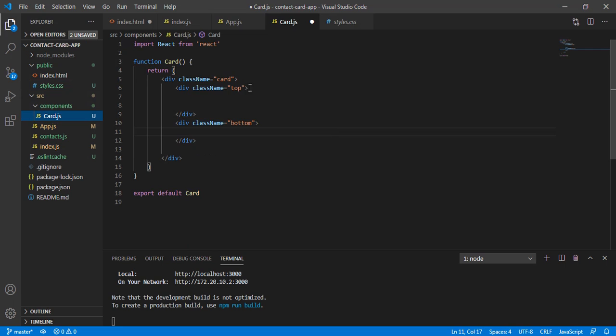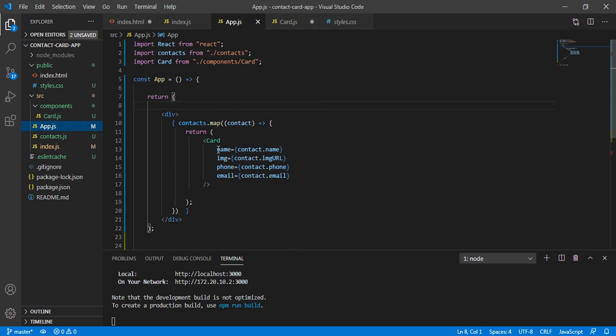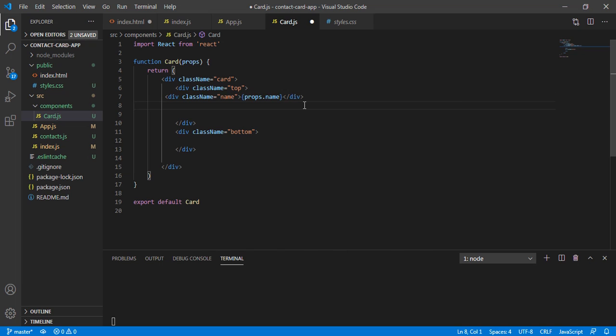Right now I'm going to create a separate division to display my name. So, see guys, division name. And I can use the props that I have passed here. I have passed this contact.name as name inside this card component. So I can use the props keyword, and props.name to display the name. As soon as I save this,